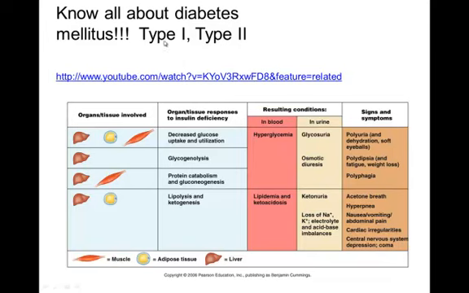was also used to be known as juvenile diabetes, but it's also called insulin dependent diabetes because people with type 1 diabetes don't produce insulin basically, and so they must replace their insulin. And type 2 diabetes is also called, or used to be called, adult onset diabetes, but nowadays even children are getting type 2 diabetes, so it's not really called adult onset anymore, and it's called insulin independent diabetes